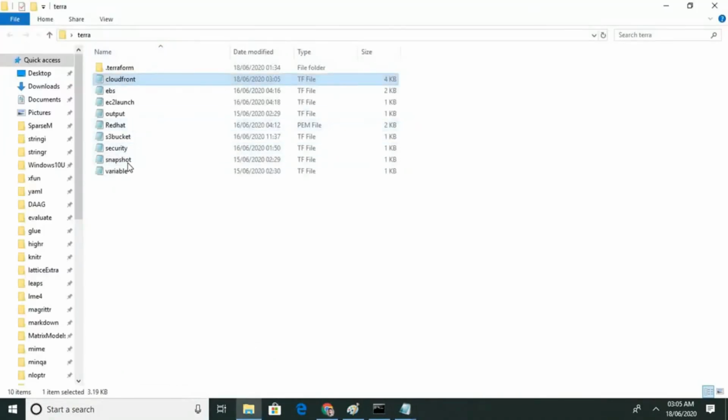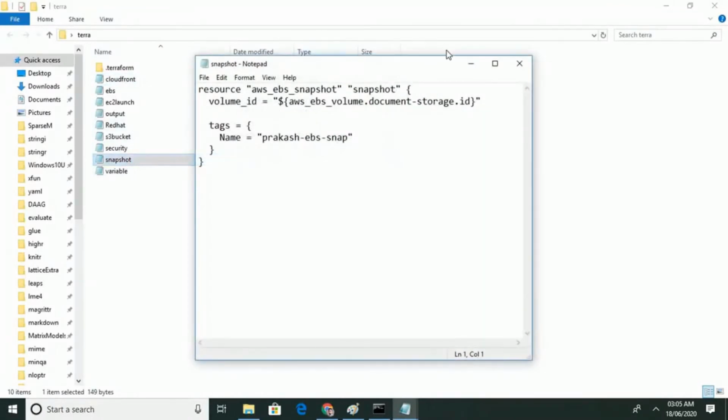Okay, so now the snapshot part remains. The snapshot is going to be a snapshot of EBS. This is simple code: you have to create a snapshot, so it comes under resource. It's the name of a snapshot, a keyword, and a volume ID, meaning the volume of which you have to create a snapshot.